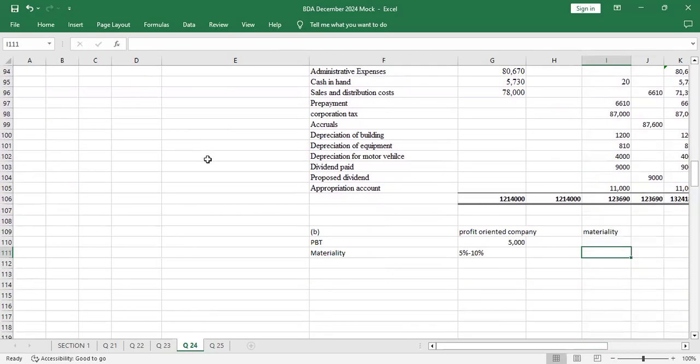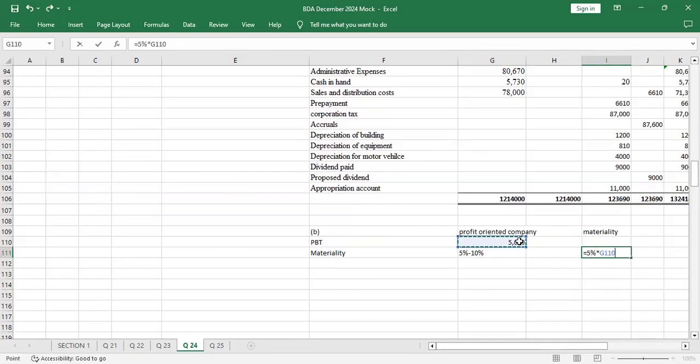So what did we say? We said that there was an inverse relationship between materiality and risk. So when the risk is higher, the materiality is low. When the risk is higher, the materiality is low. And we said when the risk is low, materiality is higher. So in this case, the risk is higher because we have a listed company. So it means that we are going to use the low percentage for materiality. So you just come and say materiality will be 5%